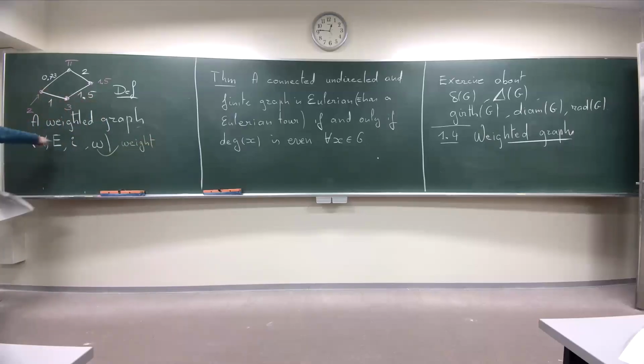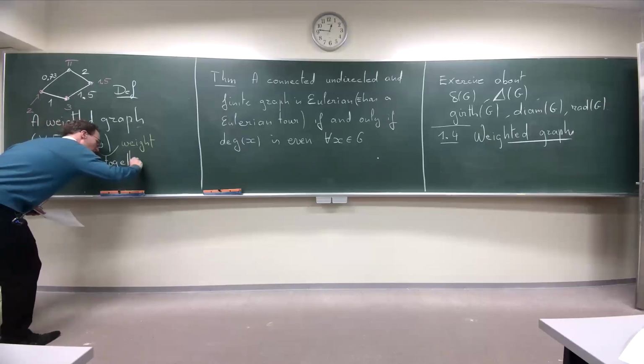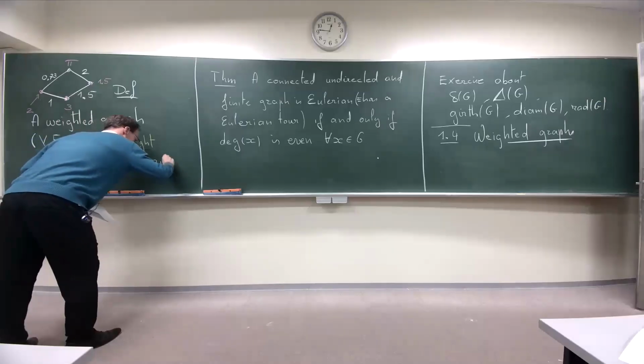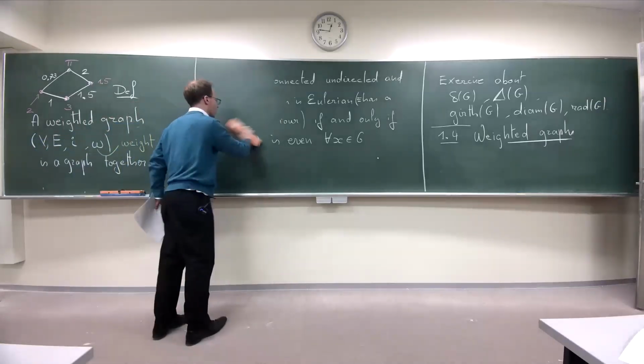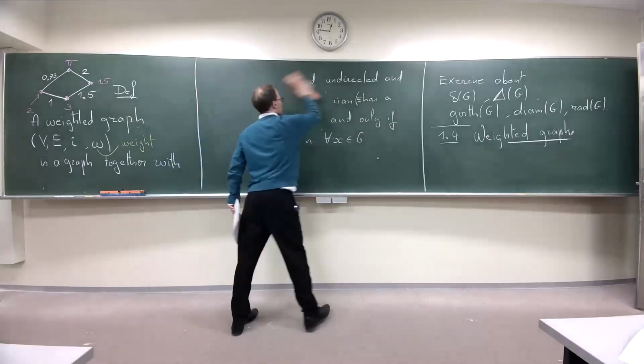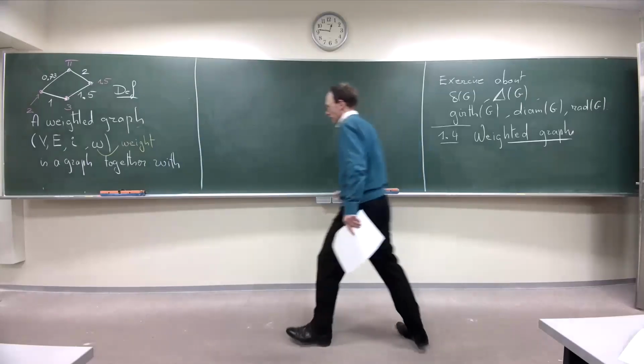This is a weighted graph. It has 4 ingredients. It is a graph together with 2 functions. Why 2? Because you have 1 function for the vertices and 1 function for the edges. So with 2 functions,